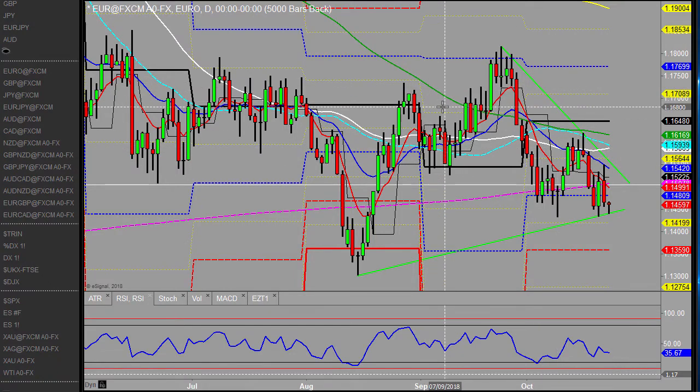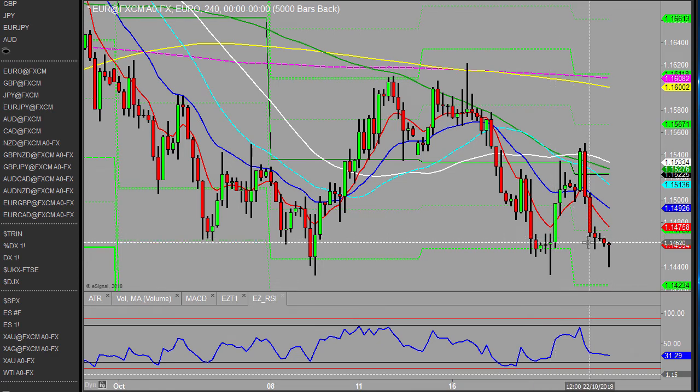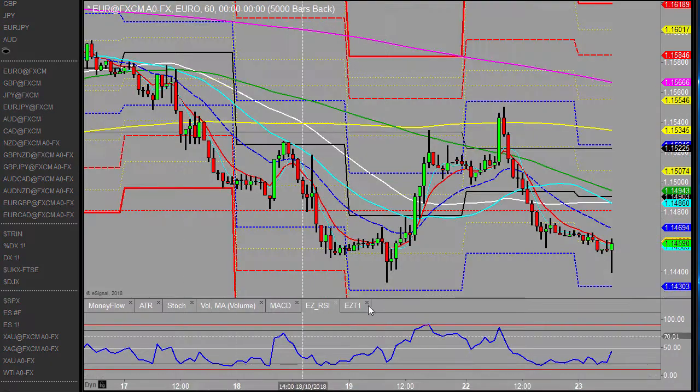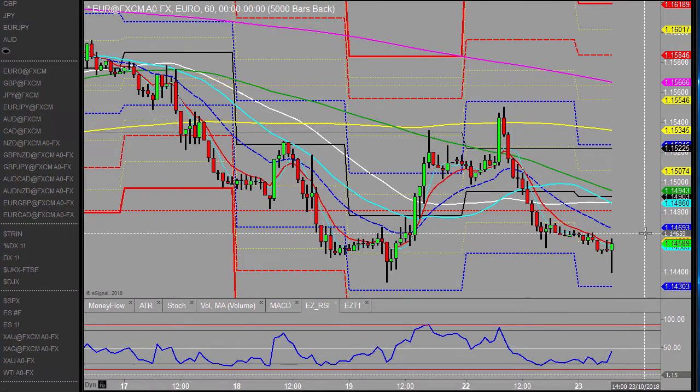So, where are we here then? Euro dollar, finding a little bit of a bounce here. Where to? Well, realistically, we could be pitching up higher. We've got the daily pivot sitting above us at the moment, but overall I remain relatively bearish on this market, but can't ignore the short-term fact that we could be pitching up, as I say, towards that daily pivot of